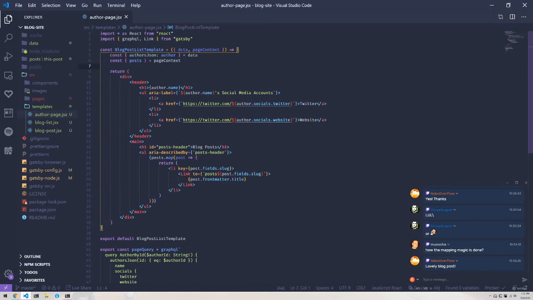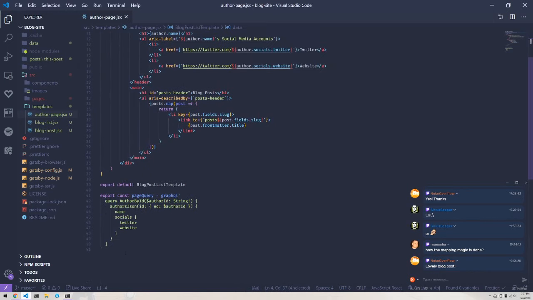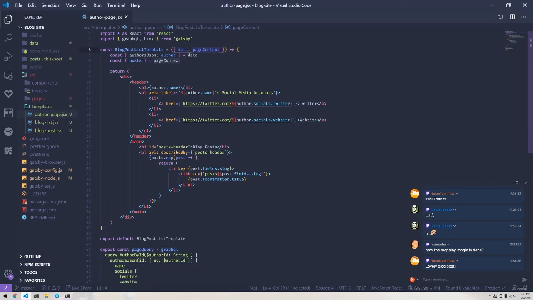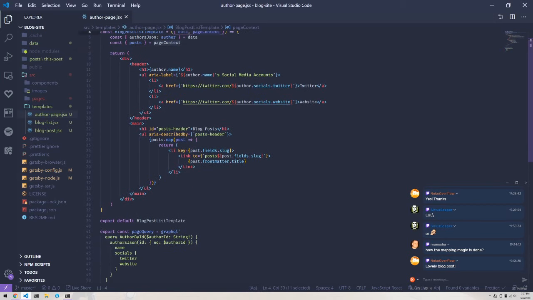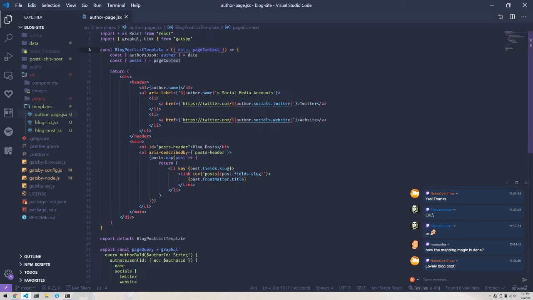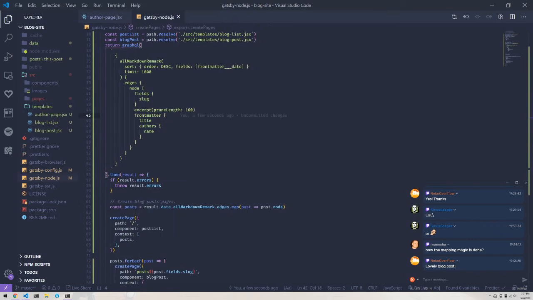So essentially all we're saying here is grab data from our query, grab page context from the page context. So we're able to mix and match both of them. And then we're saying the header should include the author name, their social media accounts, and then that's not correct. Their website should just be a website. There we go. And then what we're saying is list the posts as if they were elsewhere. And then,